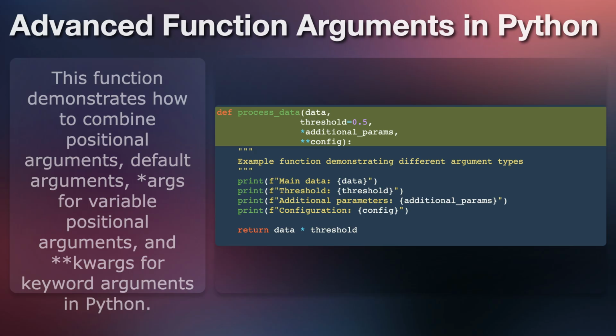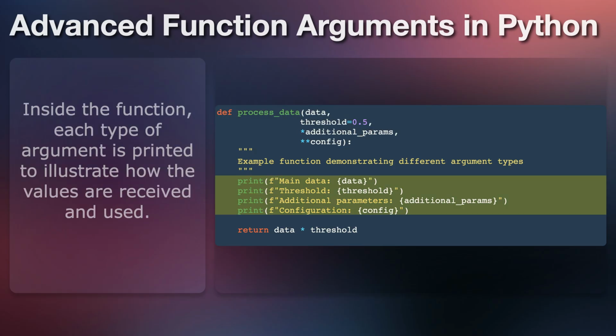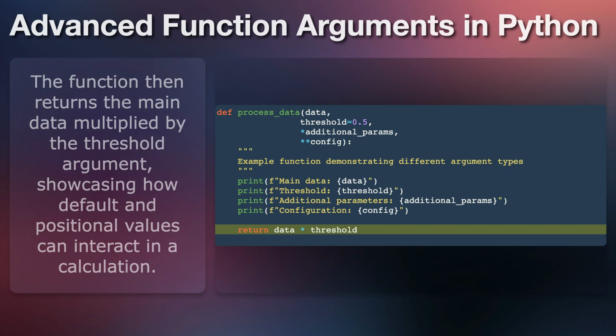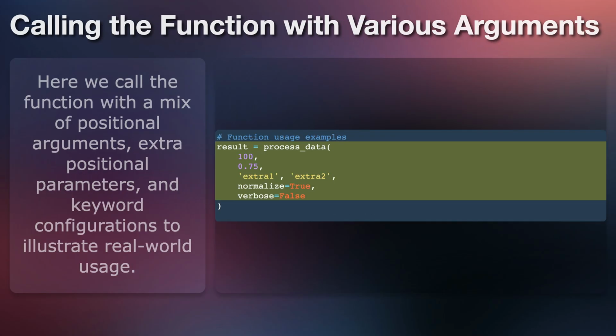in Python. Inside the function, each type of argument is printed to illustrate how the values are received and used. The function then returns the main data multiplied by the threshold argument, showcasing how default and positional values can interact in a calculation. Here we call the function with a mix of positional arguments, extra positional parameters, and keyword configurations